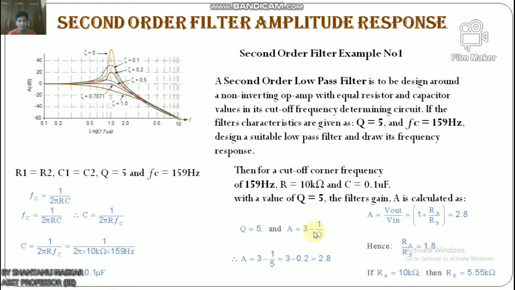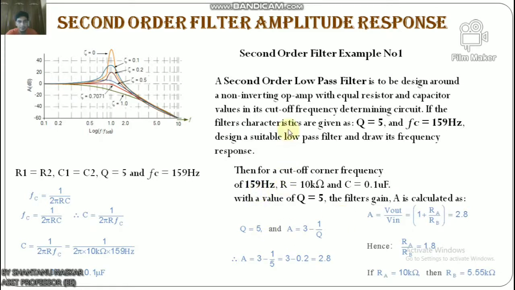pass band gain stays flat and level, called maximally flat, until the frequency response reaches the cutoff frequency point f equals f1, and the gain of the filter reduces past its corner frequency at 1 by root 2 or 0.707, which is its maximum value. This point is generally referred to as the filter minus 3 decibel point, and for a first order low pass filter the damping factor equals zeta equals 1.